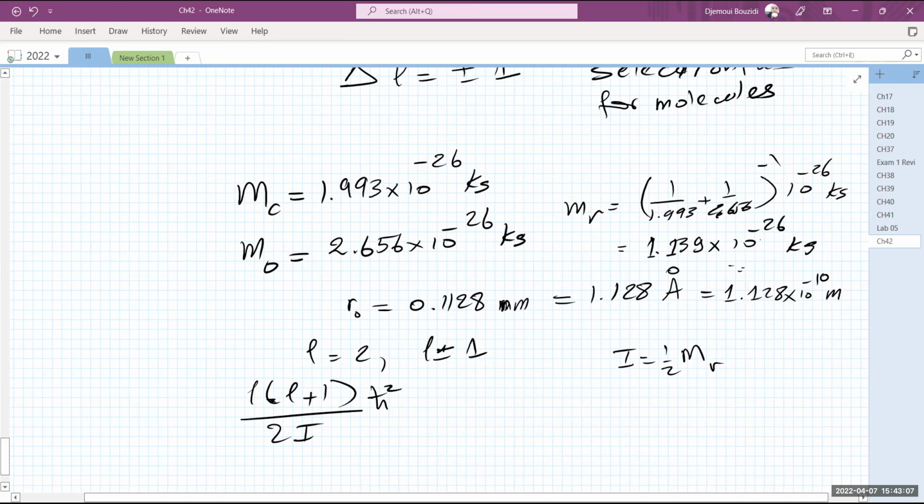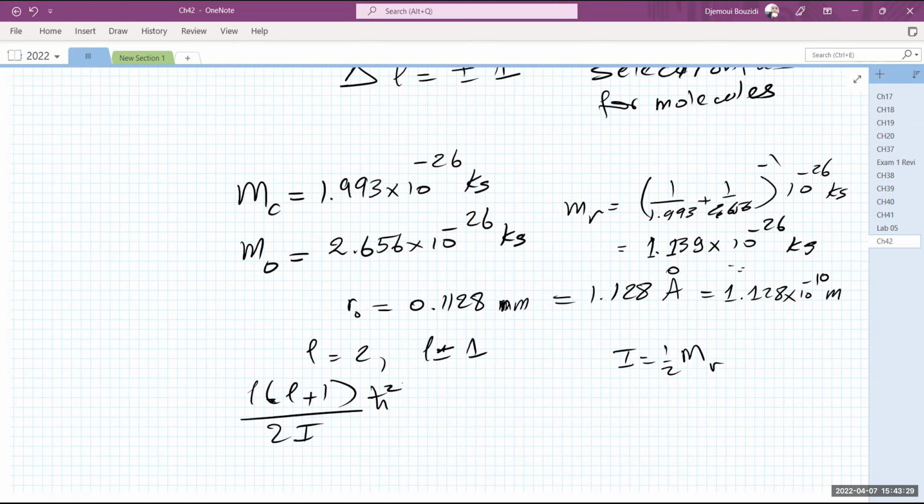And when you multiply it by 10 to the negative 26, it's going to be 10 to the negative 46 in the denominator. But h bar squared is 10 to the negative 34 squared, which is 10 to the negative 68. So 10 to the negative 68 and 10 to the negative 46 is going to be still a tiny